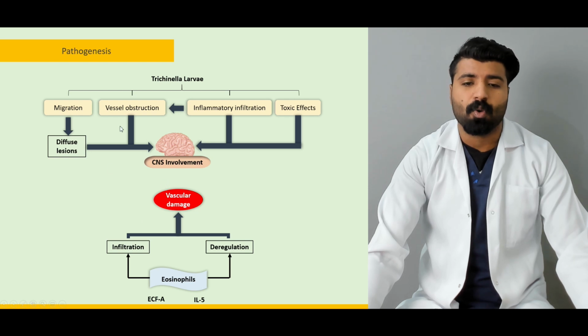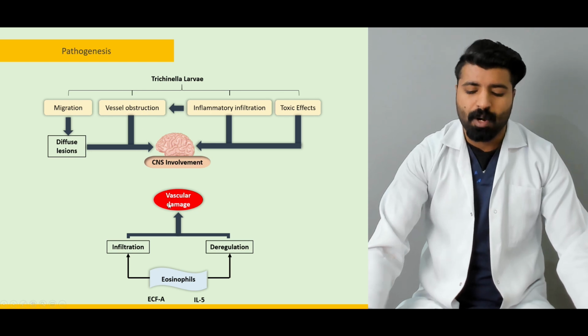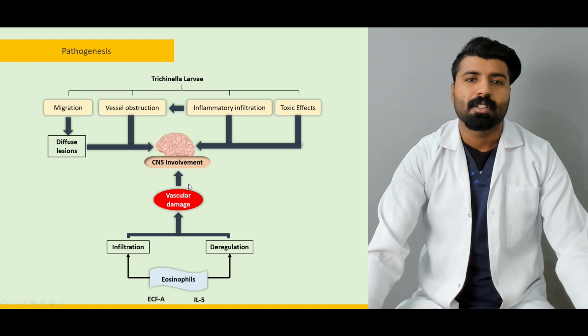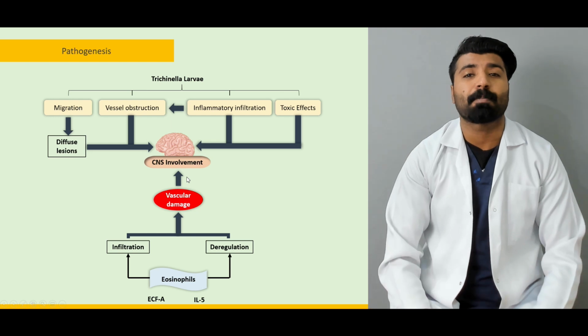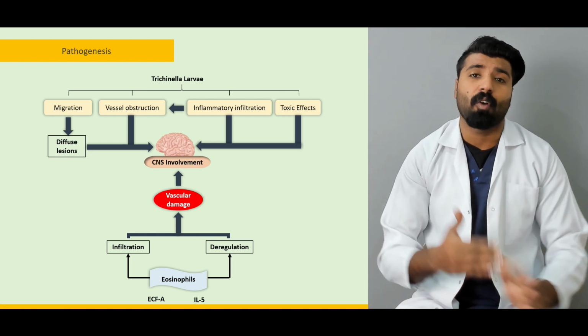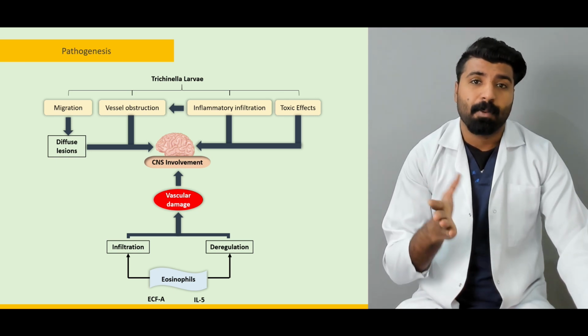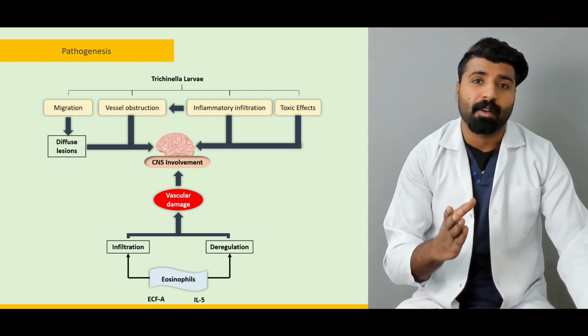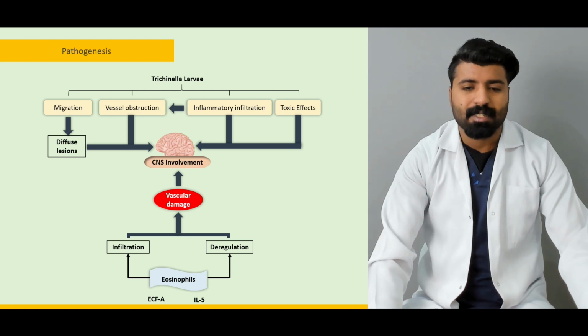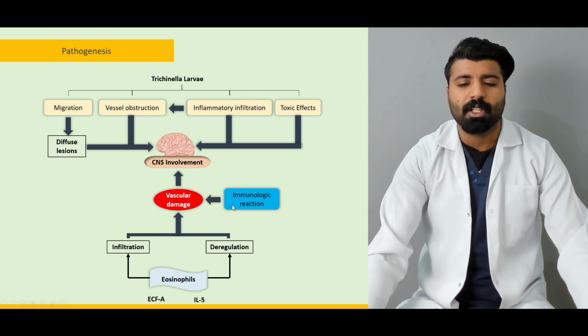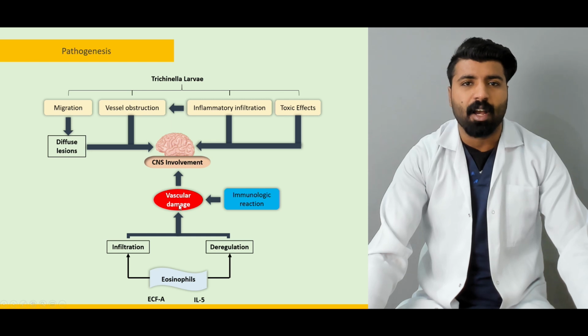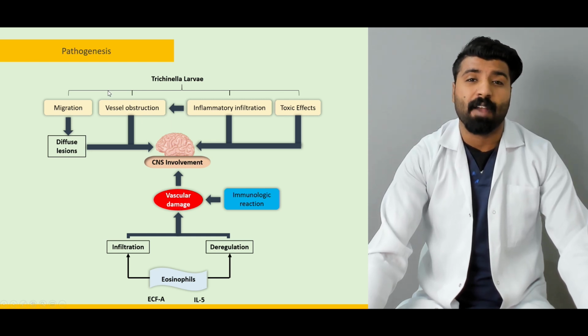Now that vascular damage will move on with this. There's obstruction, there's damage, there's more and more destruction going on, and this will also lead to CNS involvement. If the vascular system is being damaged, if your blood supply is being compromised, your systems are going to go down. And when that vascular area supplies your brain, obviously it's going to cause CNS damage. We have these immunological reactions which will damage the vascular area because we have these infestations, these infections, this pathogen. The immunological reaction will come through.